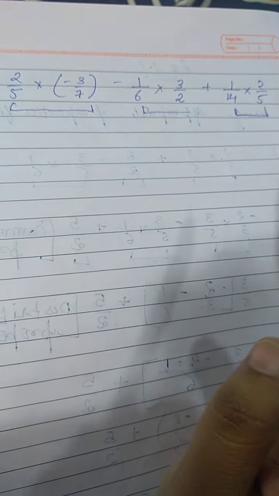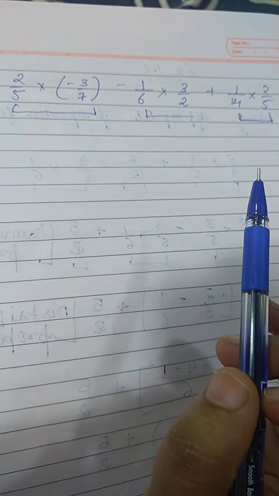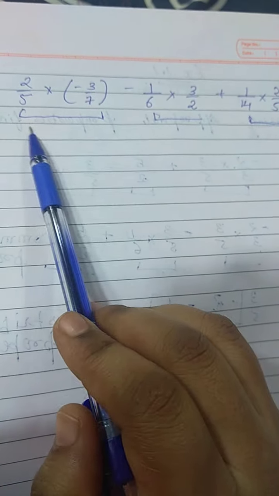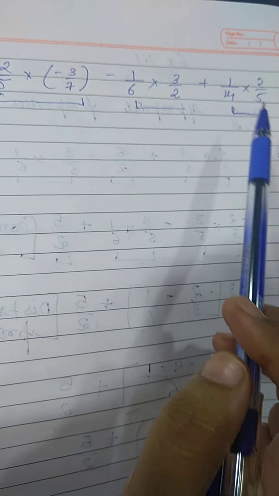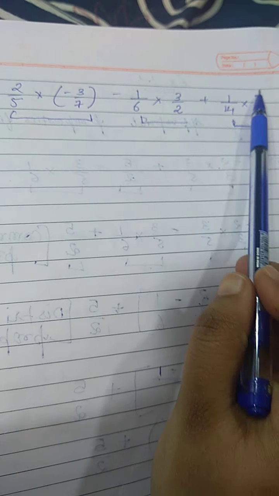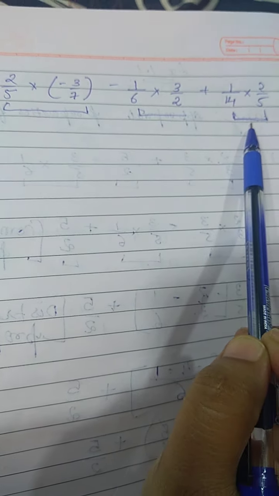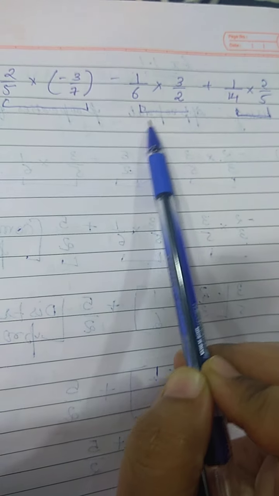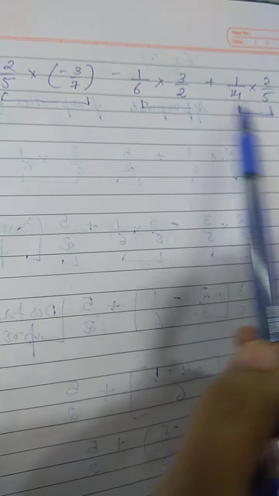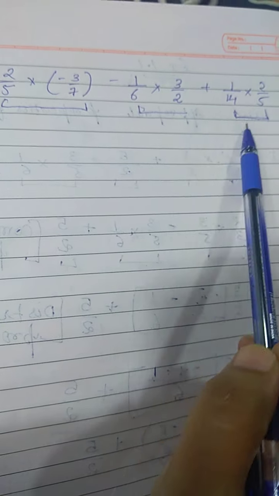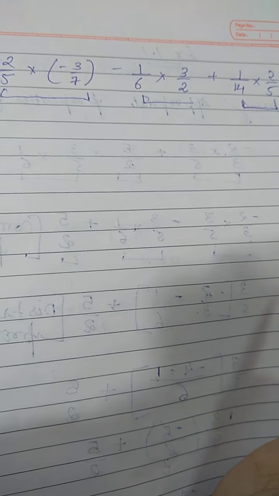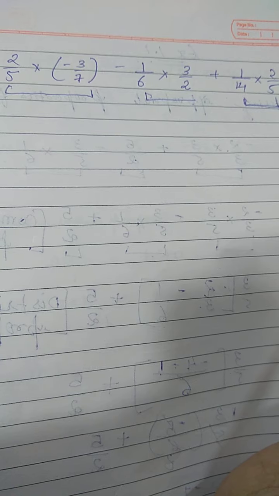Now which two terms are having the same number? So in the first term you have 2 upon 5 and in the last term you have 2 upon 5. So to take out 2 upon 5 common, you should write these together. So you have to write this term over here and this term over here. So you are shifting the terms, meaning you have to apply the commutative property.